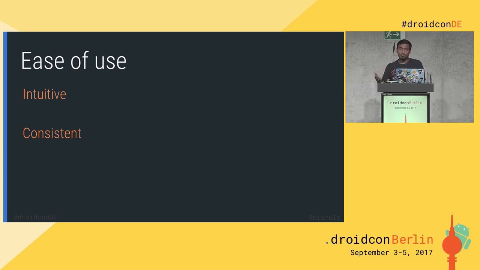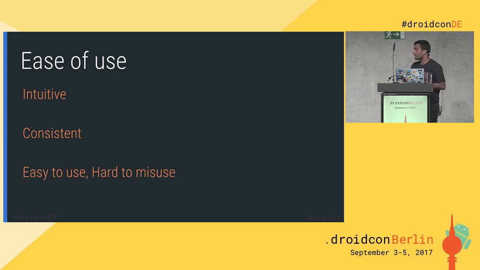Because the Android developer is still expecting that feature exists, where it doesn't in version 3. So it should be consistent. If you really want to remove something, you need to follow a certain path, which we'll be talking about in the upcoming slides. The last one that I usually look forward to is that it should be easy to use and